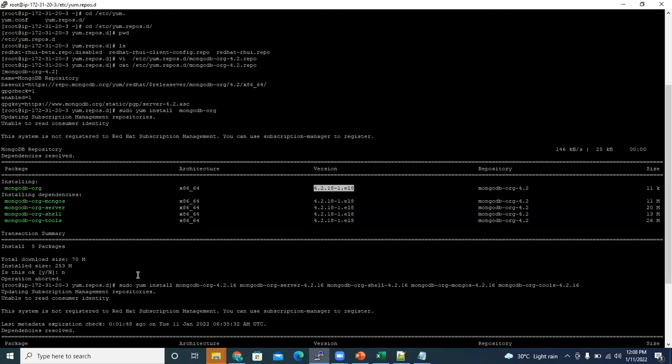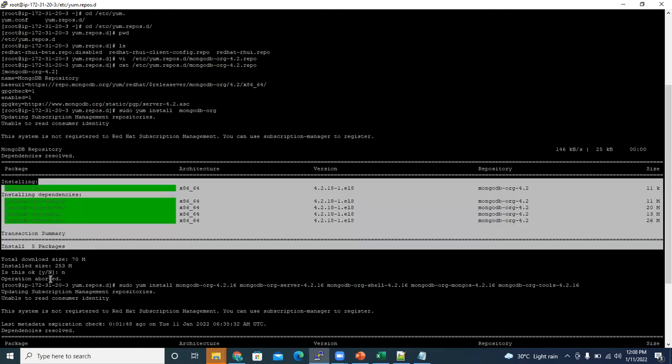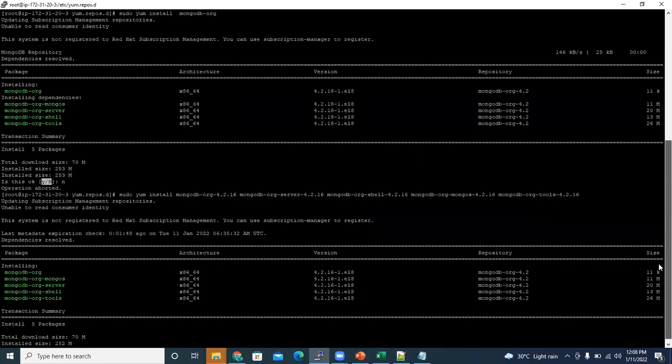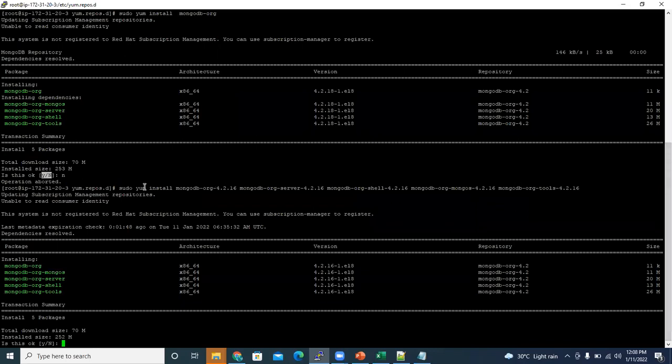It will try to install that package and ask us to confirm, if we didn't mention -y. And here I explicitly mentioned version 4.2.16. I want this version, so install this.